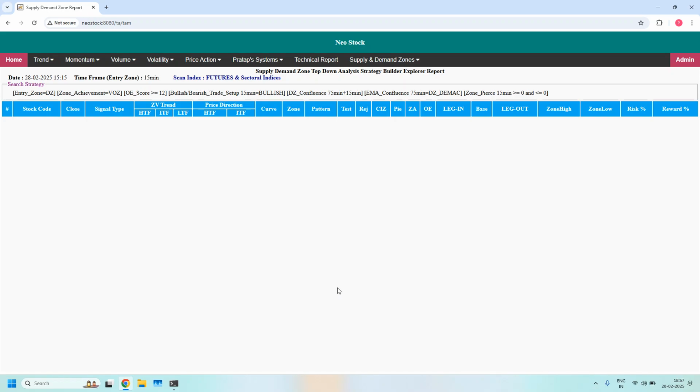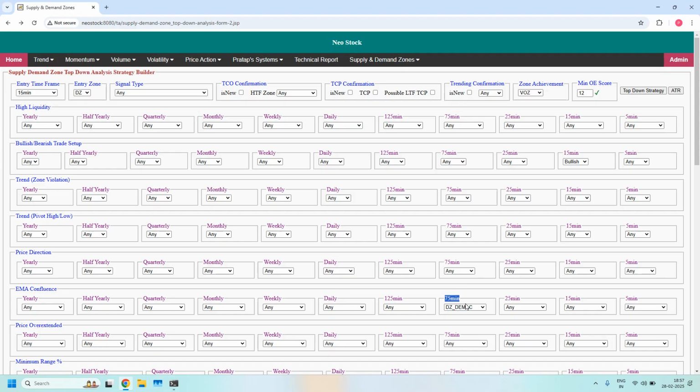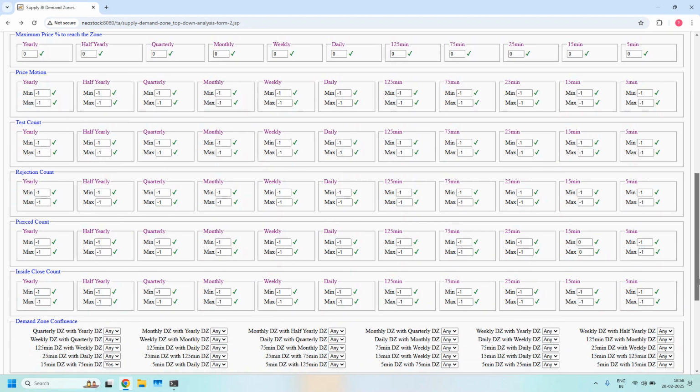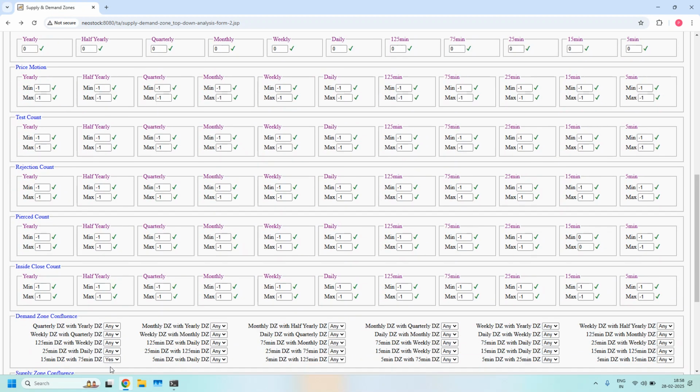Okay, next let us look into LTF, ITF and HTF demand zone confluence supported stocks. I'm removing the EMA filter. In the demand zone confluence, 15 minutes demand zone with 75 minutes demand zone confluence is already enabled. Next, 15 minutes demand zone with daily demand zone confluence, and 15 minutes demand zone with weekly demand zone confluence. With all the three filters,